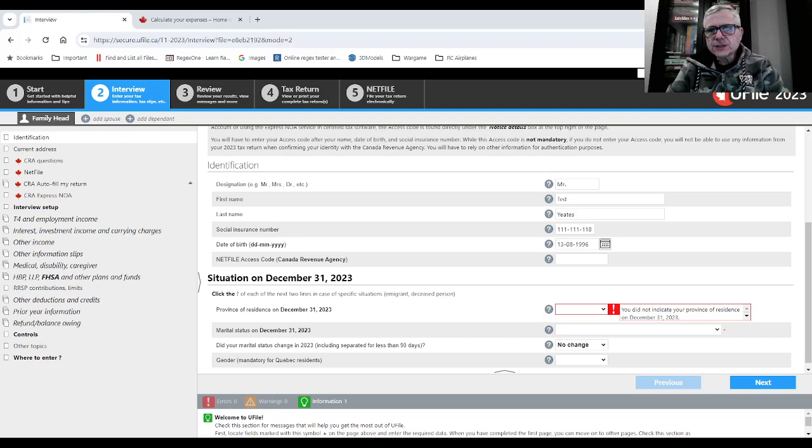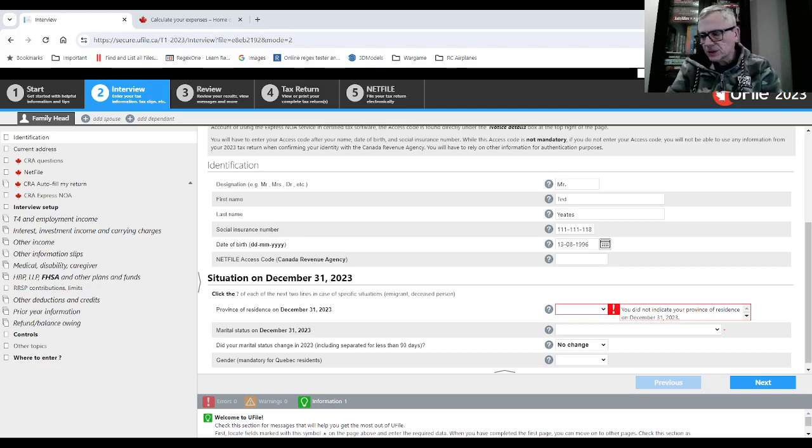What I'd like to bring to you today is a little tutorial on how to declare office and home expenses using UFile. So this is UFile online, by the way. There's a slight difference between the online and the desktop product, but after all is said and done, they're 99% accurate in both respects. So, office and home expenses.